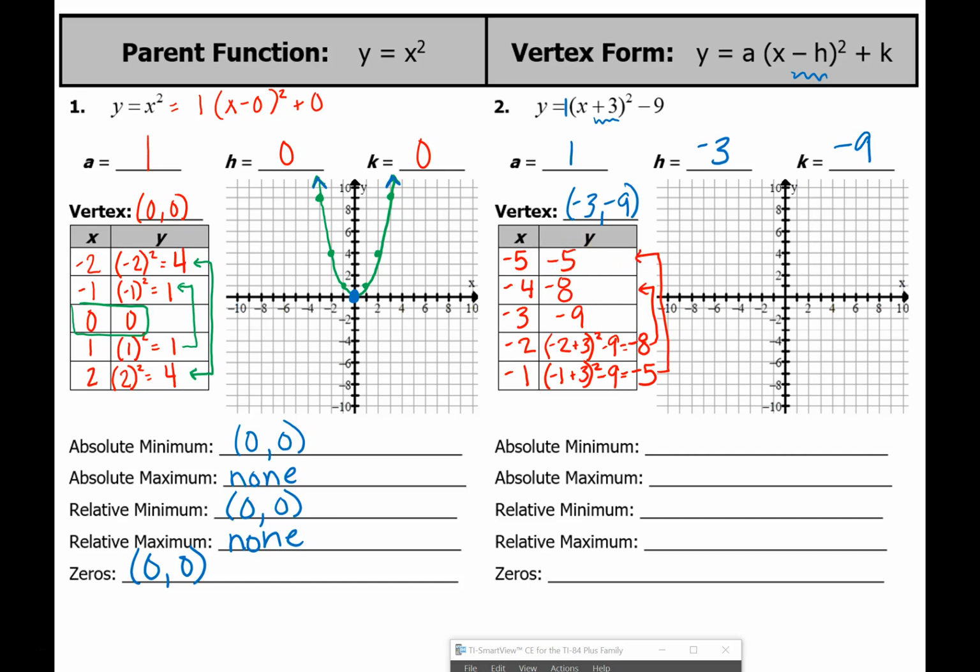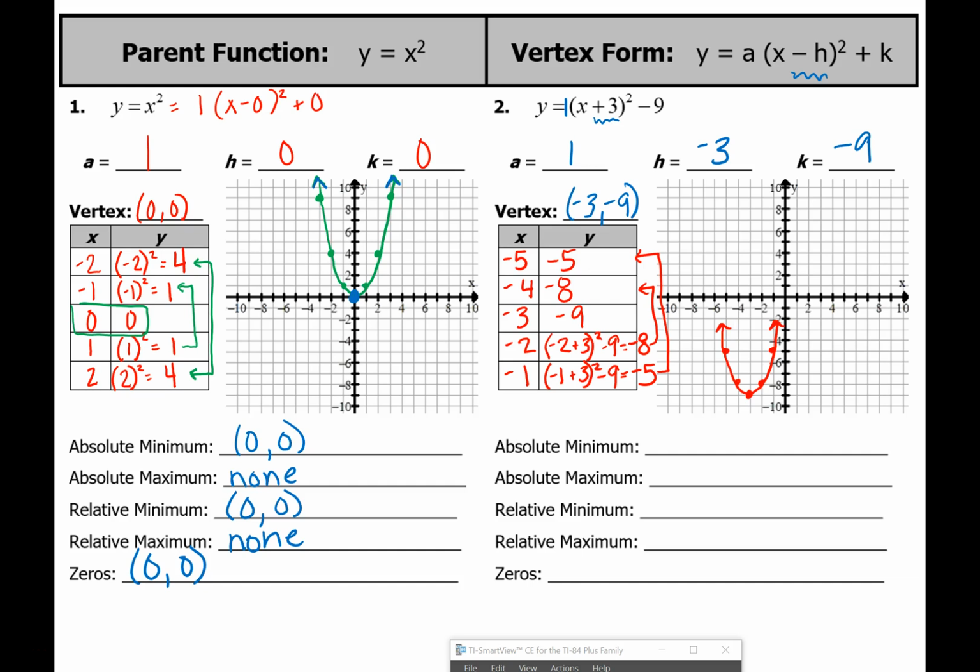Okay, and now I am ready to graph. So I'm going to put my vertex in first. That's -3, -9. Then at -2, it's at -8. At -1, it's up at -5. My other side is symmetrical, and so that gives me